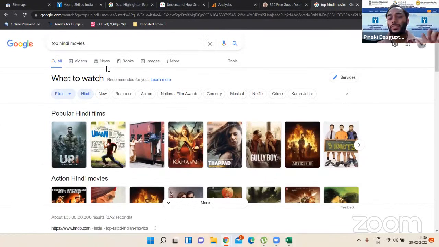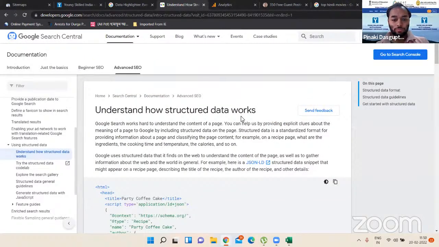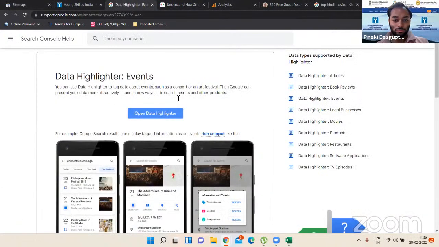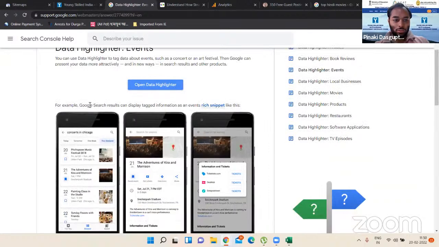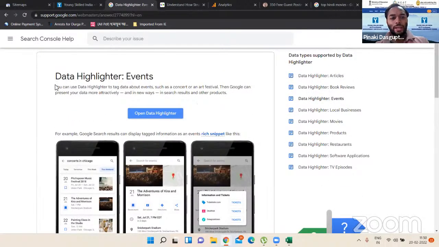So how do these things actually get generated, how do they come? See, data highlighter. You can use data highlighter to tag data about events such as a concert or an art festival.